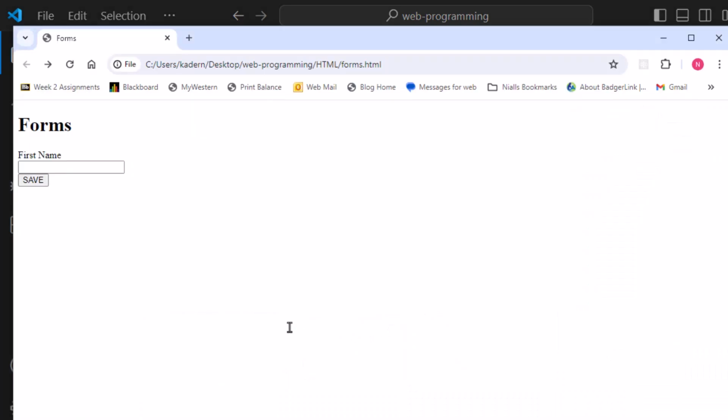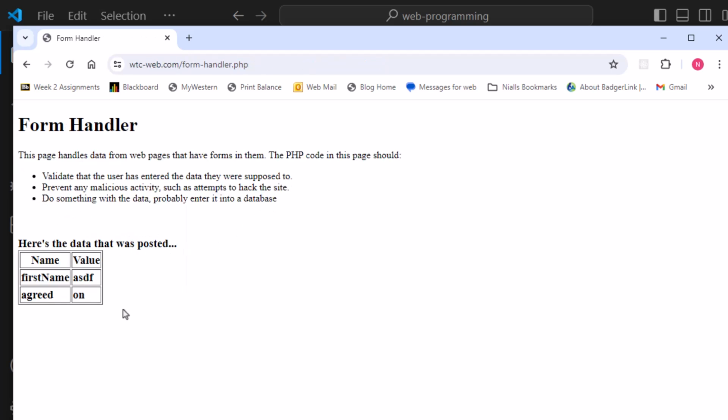Go back over to the browser, refresh the page, and there you can see there's our label and there's the checkbox. Go ahead and check the box, and if you want you can type in a name, it doesn't really matter though, and then hit save. And here we go. Here are the name attributes. So again, those are important because those serve as labels for the data when they reach the page that processes the data. Now by default, this is going to say on,